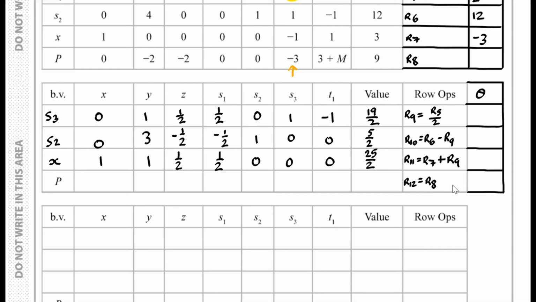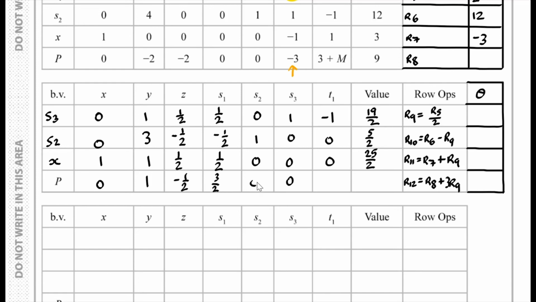We would have to add on 3 lots of row 9, and that will make this a 0. So we have 0 plus 3 lots of 0, which is 0, minus 2 lots of minus 2 plus 3 lots of 1, that's just 1, and we continue this. So we have minus 1/2,